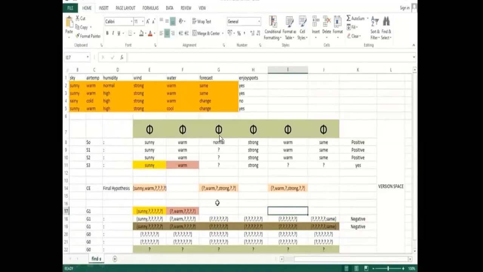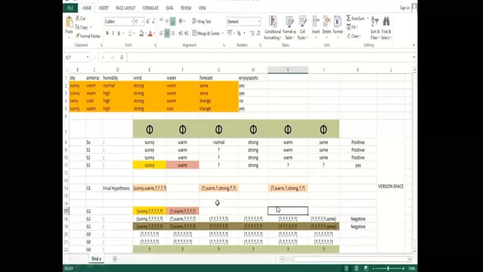And you can find here warm, and you can see that all the data is warm, and whatever new record we got is also warm, so I rewrite as it is. And here you can feel like you have high, but instead you had here normal, so it cannot match, it's not same, that's why I have taken the question mark. And here you can find strong at the fourth column, and all the data was strong, so I replace it with strong itself, no change in data set. You can find here cool, but the previous data are warm, so I replace it with question mark. And here the sixth column, I find as change, but the previous data was same,